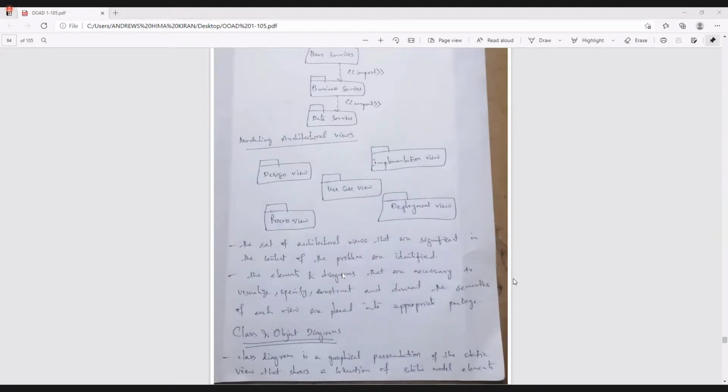Okay, what I can say is, from the developer's perspective or the author's perspective, the views will change. That means you may have seen that one view is embedded in another view. The use case view and the design view can be combined together. In my perspective, the use case view and the design view can be combined together. If I combine them, automatically one view will be reduced from the design, right?